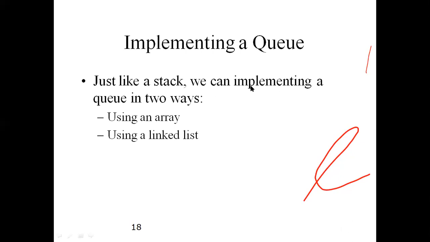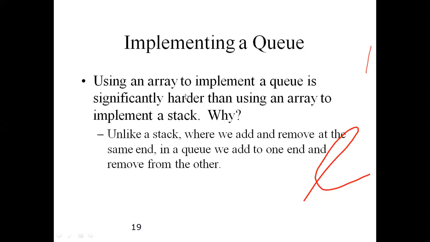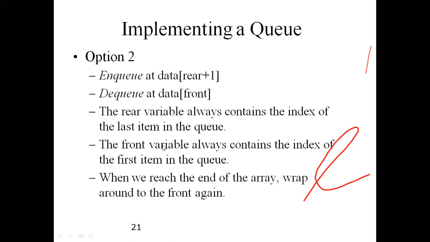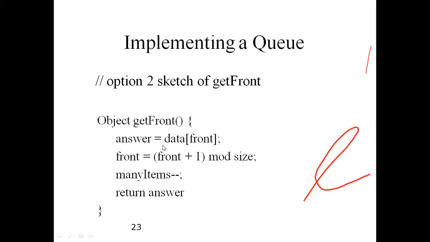Just like a stack, we can implement a queue in two ways: one is arrays and another one is linked list. In these two data structures, we can implement the queue. So are you clear on this concept, implementing a stack and a queue with arrays and linked lists? I'll show you how we can implement it. There is a possibility to implement a queue using array and linked list. So this is the NQ and this is the DQ operation. So this is the code. Now it is not required for you.